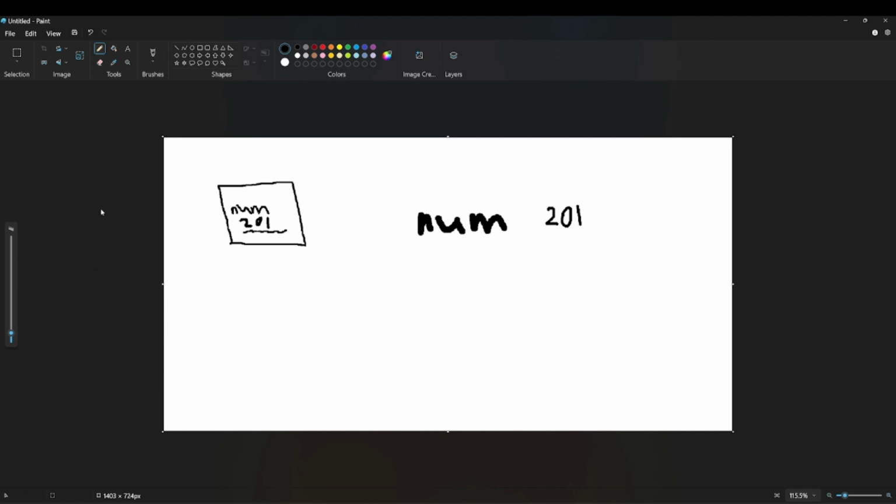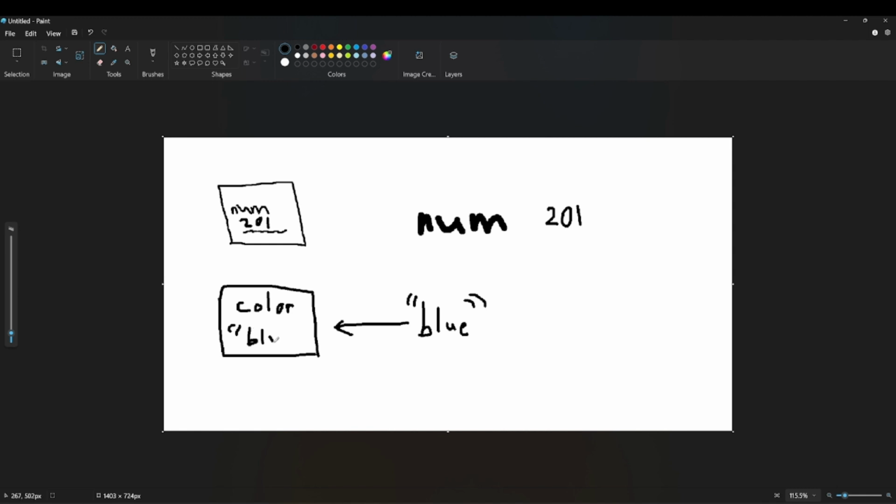So that's what variables are. So we have different boxes which you've named, and they could only hold, in this case, this one only holds a number. You could have one that holds maybe a word. So maybe this one you want to call color. So we're going to name it color. So this box is named color, but it doesn't hold numbers, it holds words. So if someone wants to hold blue, and remember when we are talking about text, you want them in quotations. So if we want blue to go in this box, then that text is also going to be blue in there. So anytime you call color,